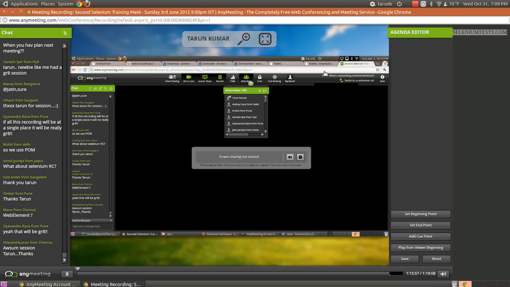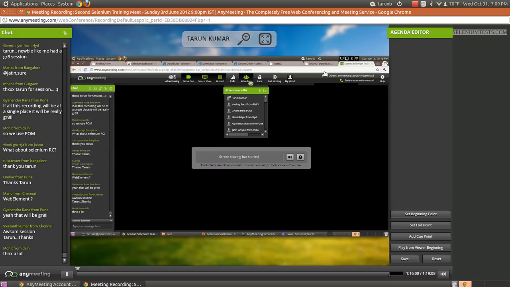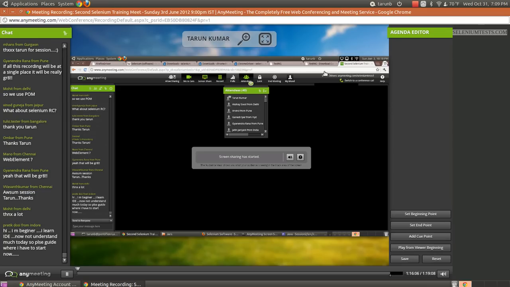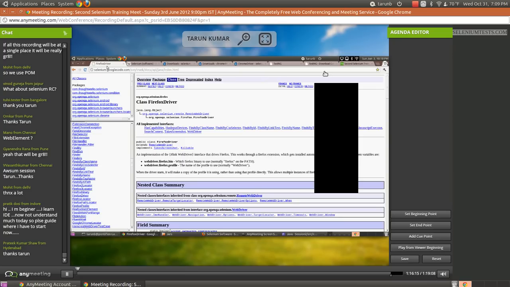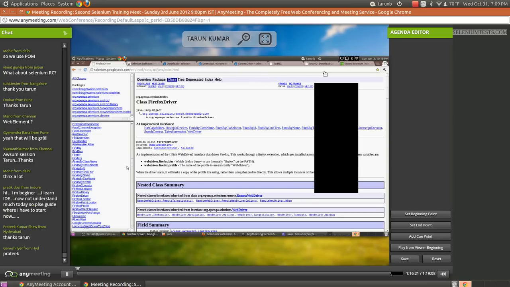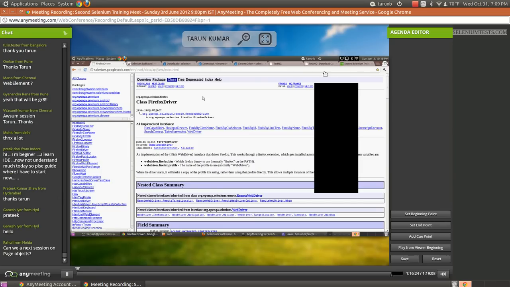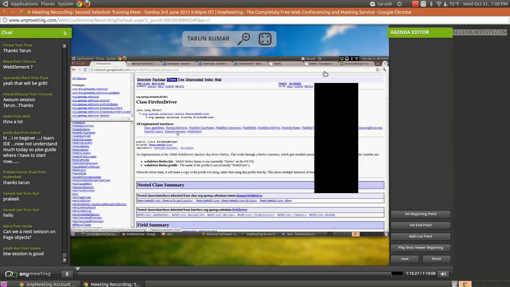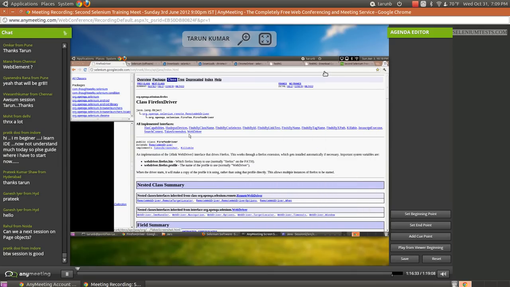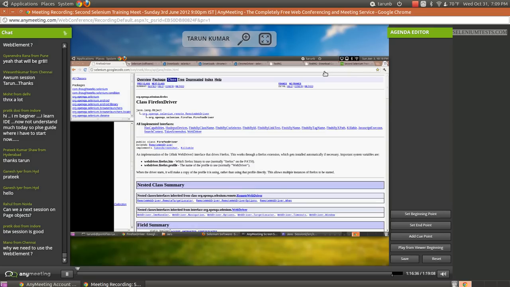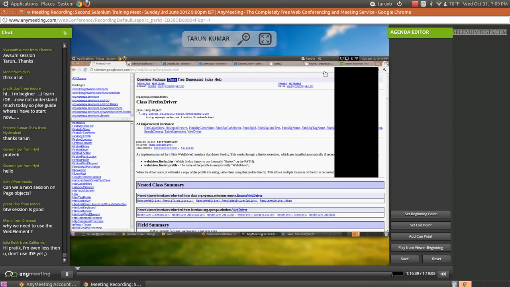Web element. Manoj, can you elaborate your question? What is your question about web element? If you face any issue with respect to a method, there is the Selenium API available at selenium.googlecode.com/svn/trunk/doc API Java index.html, where you will see all these APIs. For example, I have the class FirefoxDriver open here, and it says that FirefoxDriver extends lots of interfaces, one of them being WebDriver itself. Have a look at this API documentation, it may help.